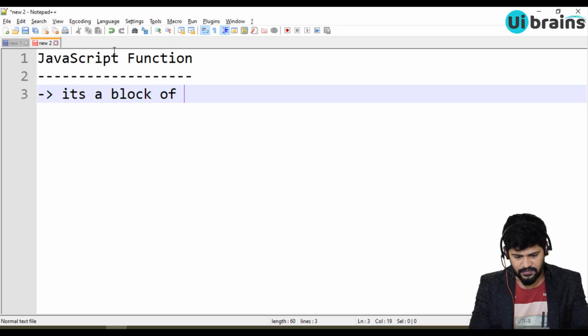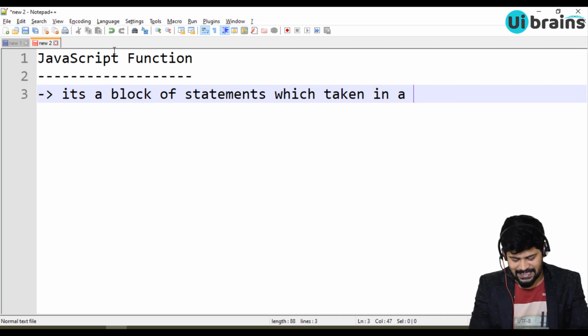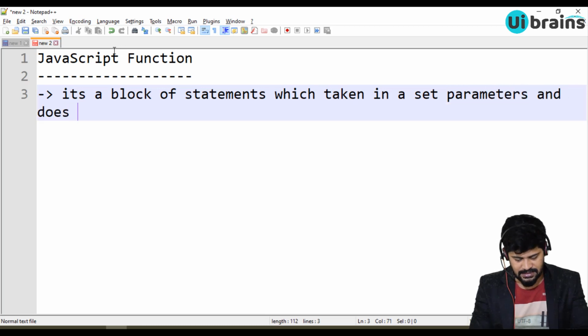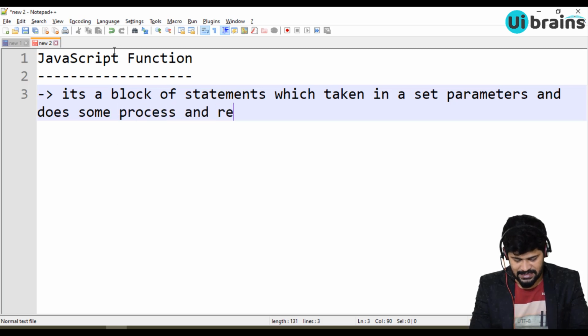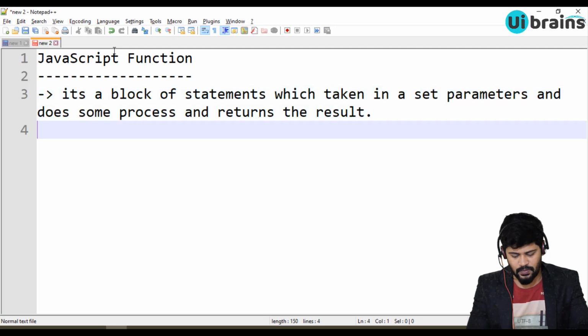It's a block of statements which takes in a set of parameters, does some process, and returns the result.